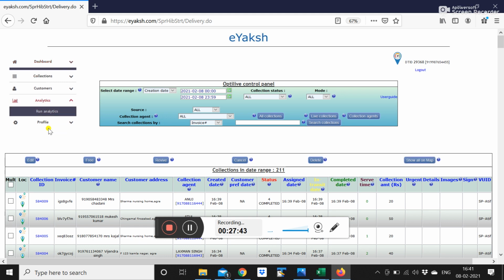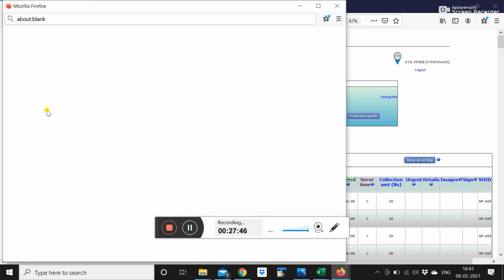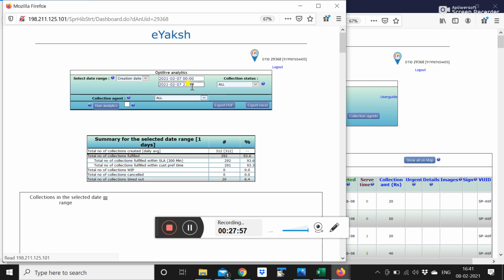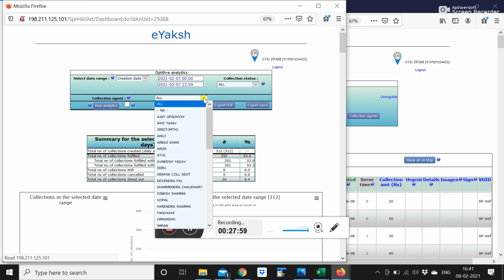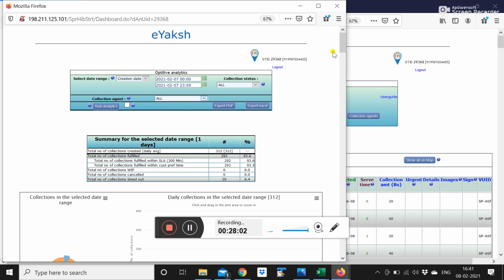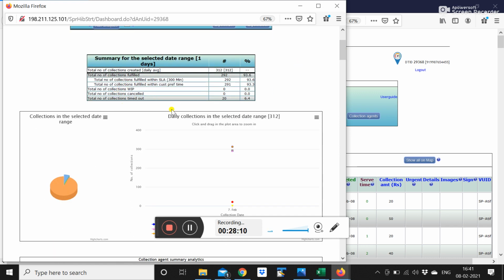So you can click on analytics. Let's say you want a view of a date range. I want to know how many collections were done for a week, or 10 days, or for a month. You can select a date range from here, and then you can select your whole team, or if you want to see the performance of one Flebo, you can select that. It will show you how many total collections are completed, how many are work in progress, and how many timed out. Timed out means the Flebo did not change it to completed or did not change it to in transit, so the system does not capture that timestamp.